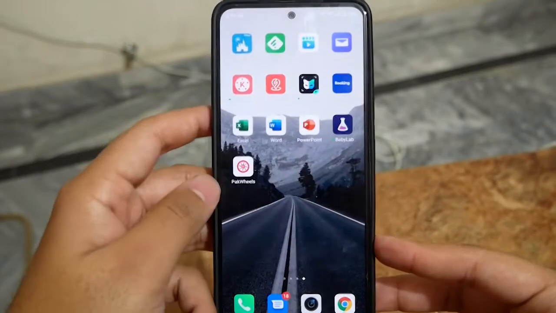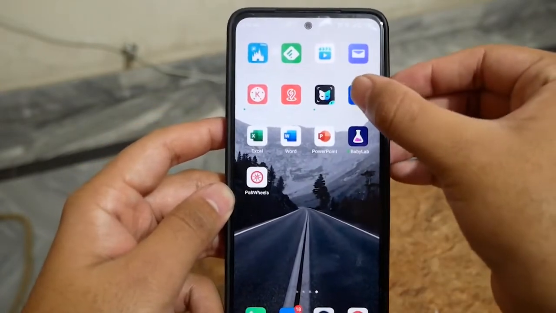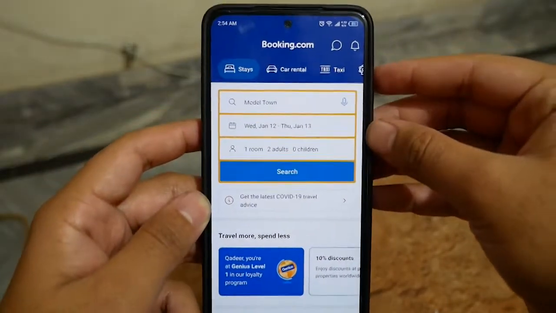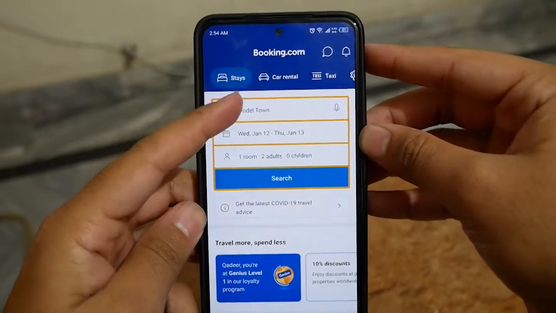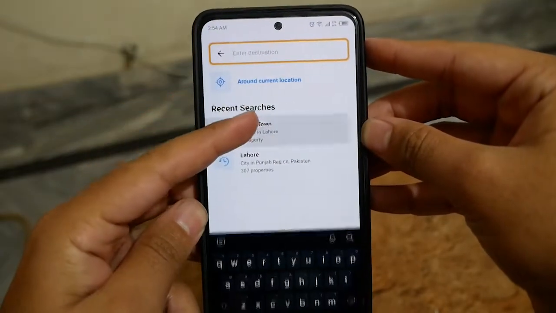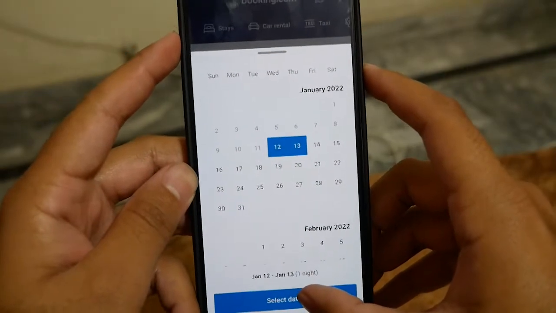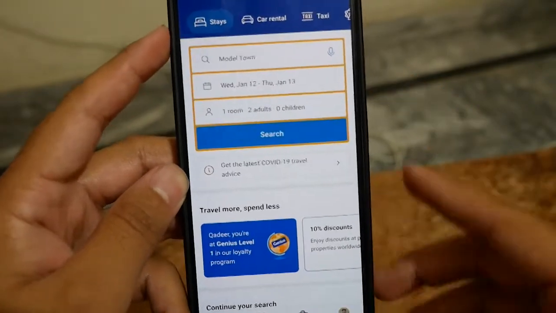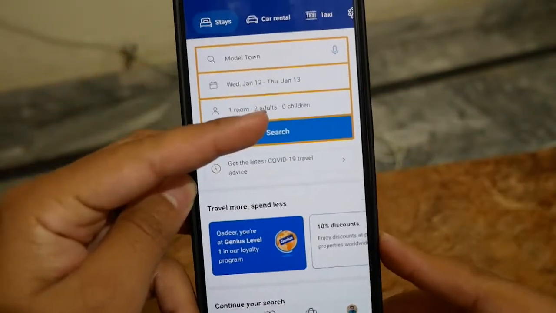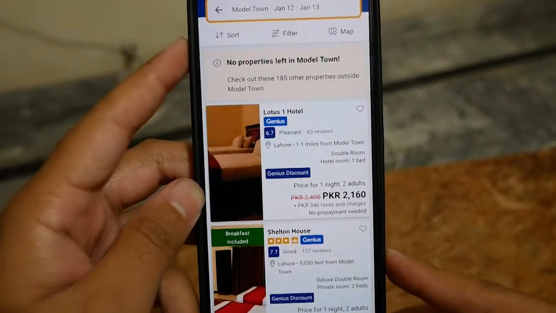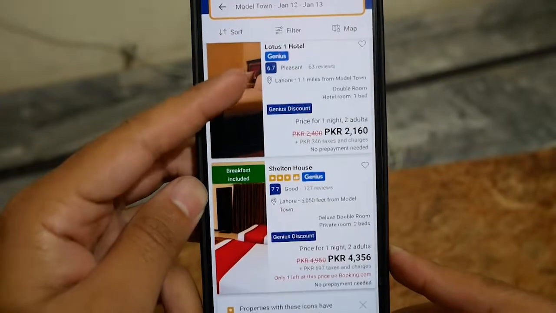First, you need to open booking.com. Once you open booking.com, then you need to select the area. I am going to select my area and the dates. Once you select dates and area, then you need to click on search and it is finding a room near me, and then you need to select any room. I'm going to select this one,